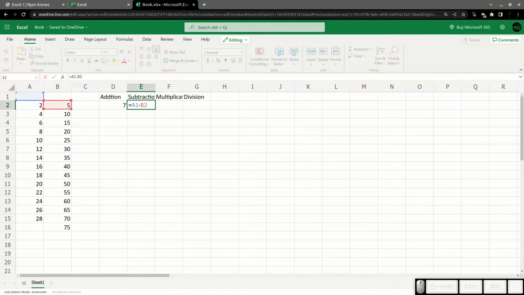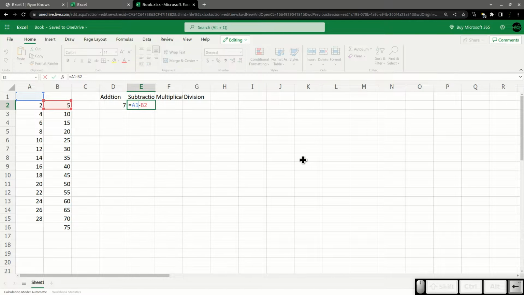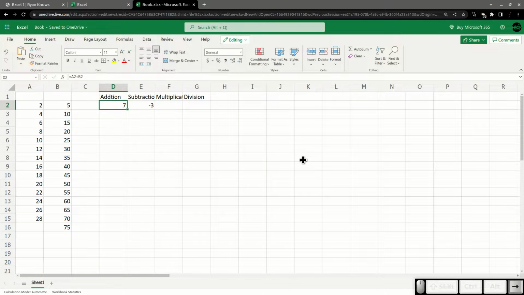No, this is great. I forgot I lowered these down. And so I put A1 here, which is this cell up here, which doesn't have anything in it, which means it's doing 0 minus 5, -5. So it treats a blank cell like a 0, which is what we just learned from that. There we go. That makes sense.